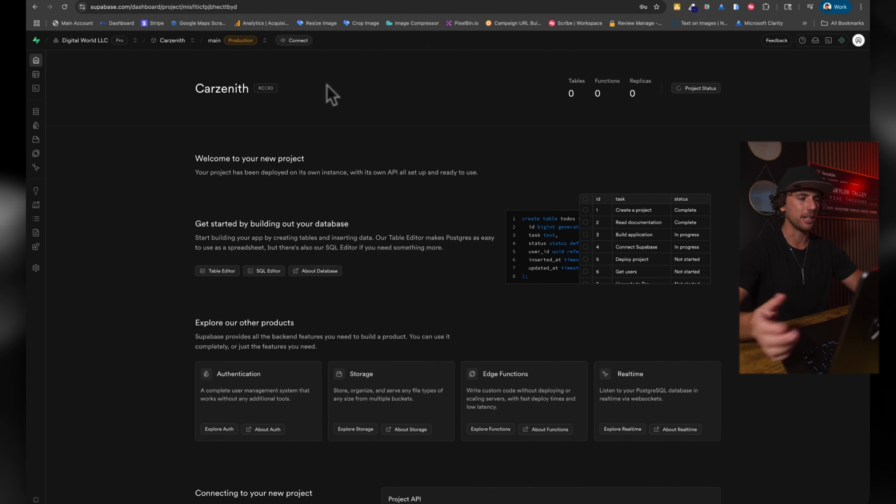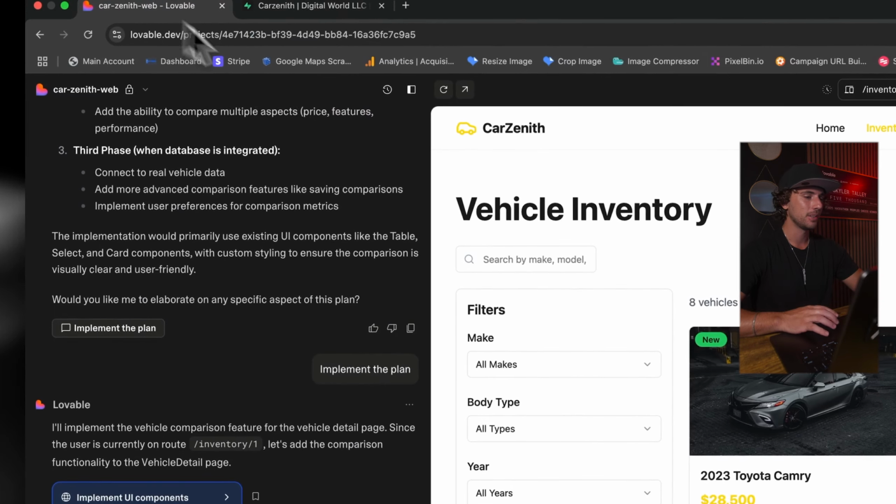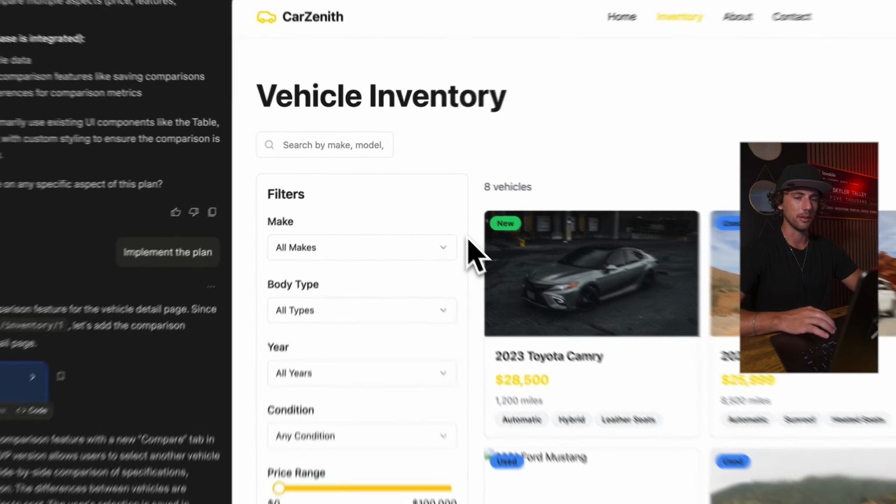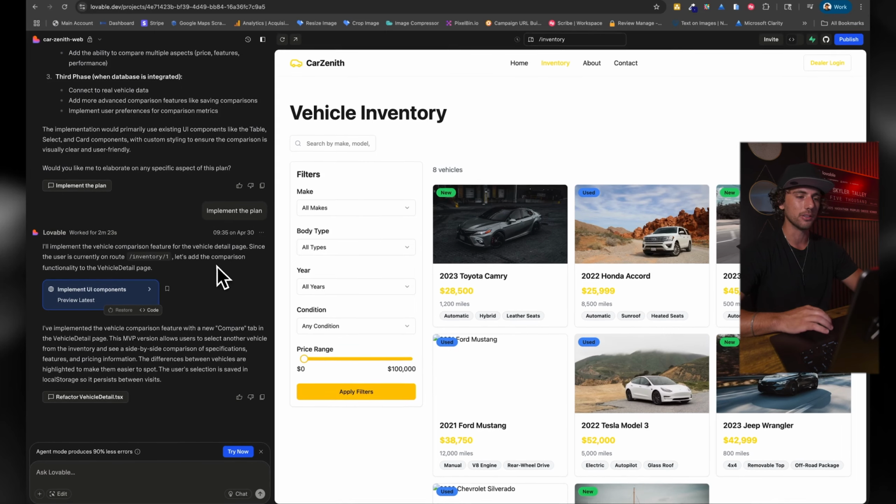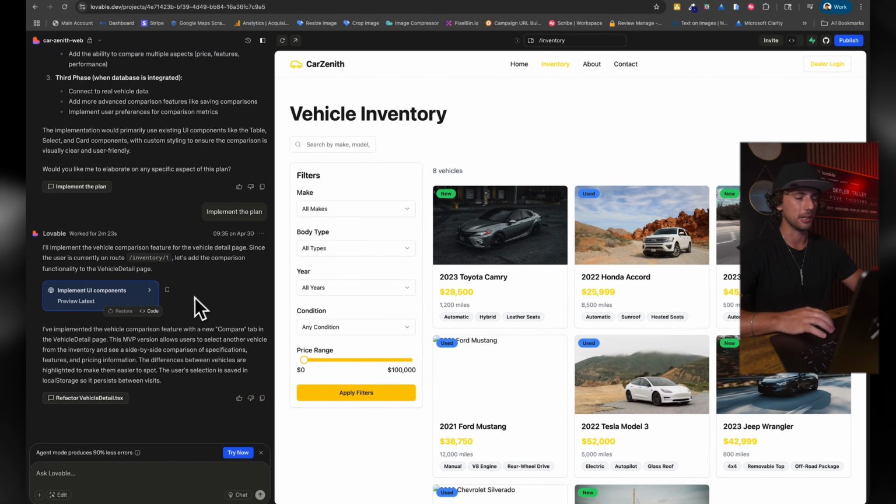All right, and it looks like we're done here. We can now see that it is in main production, which means our project is fully connected and we're good to go. Actually, this has gotten a lot faster, honestly. Good job, Supabase. That used to take probably 5 or 10 minutes. That now just literally took 30 seconds. So good job, Supabase. So what we're gonna do is go up here into the top right and you'll see